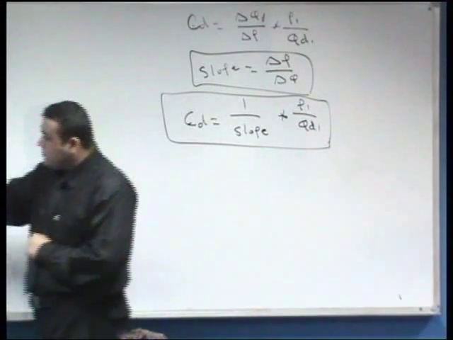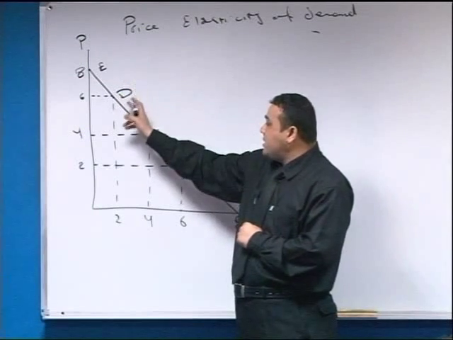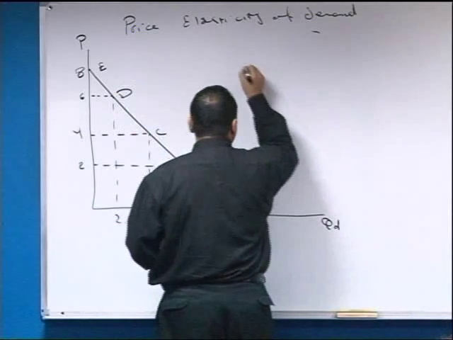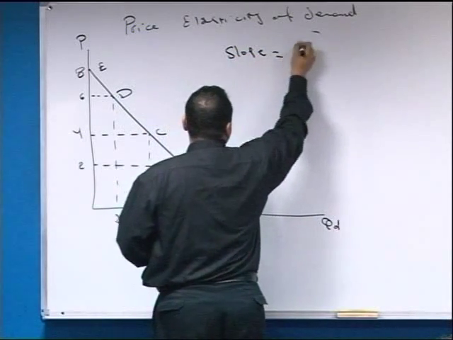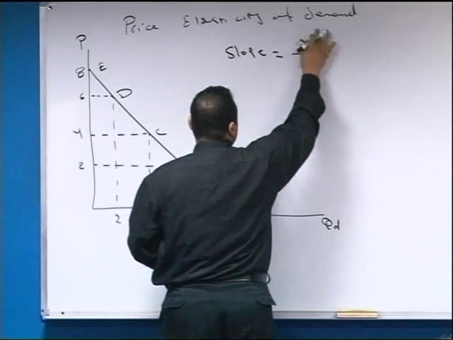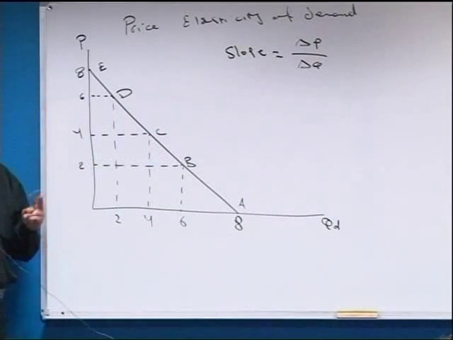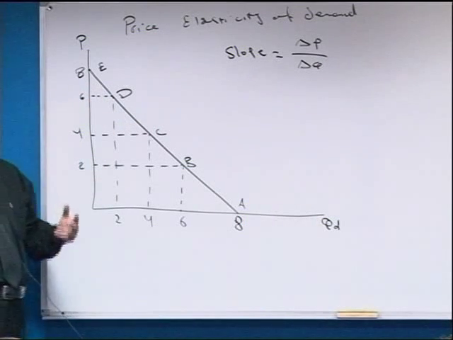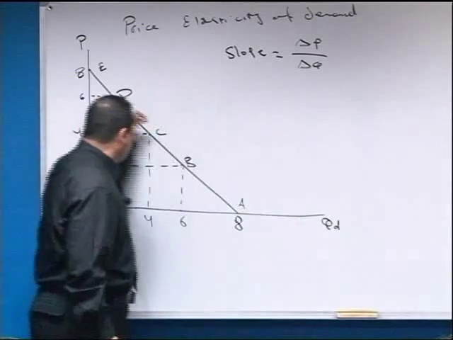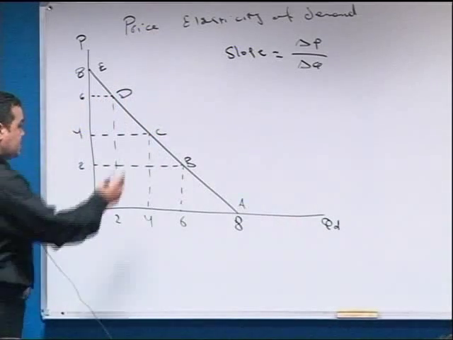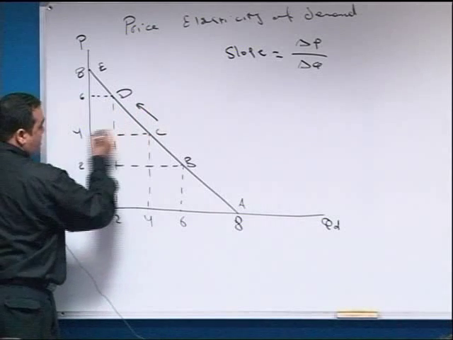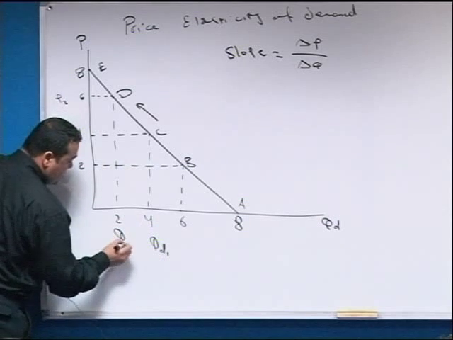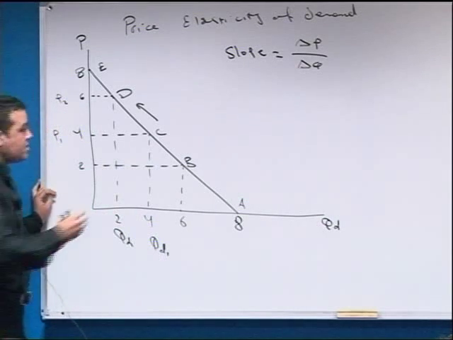To calculate the slope between A and B, B and C, or C and D, the slope equals delta P over delta Q between any 2 points. Suppose that we are going to calculate the slope between D and C, or C and D. This is P1, P2, QD1, QD2. Right? So the slope